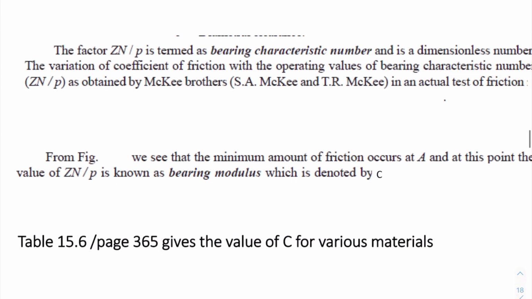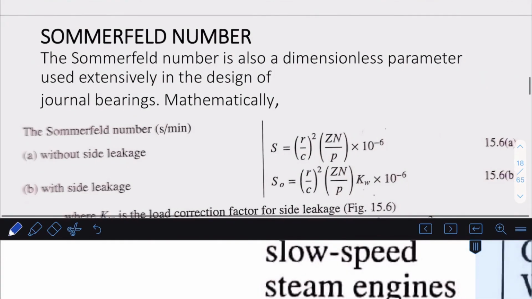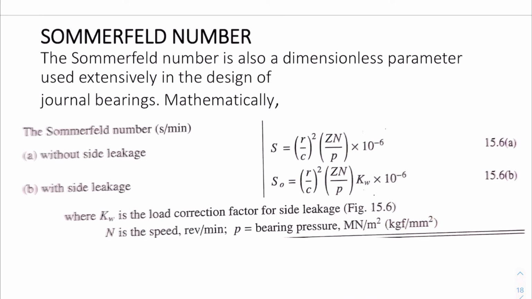And now the last major thing that I would like to share is Sommerfeld's number. This is a kind of dimensionless number, and it is available in every data book. I'm not going to explain how this calculation can be done. Rather, for a basic engineering student, you just need a couple of equations. There are two types of Sommerfeld's number that you can find. The first type is without side leakage. Imagine there is no leakage happening within the bearing. Then you can use this equation, and in case of side leakage you have to use this equation.